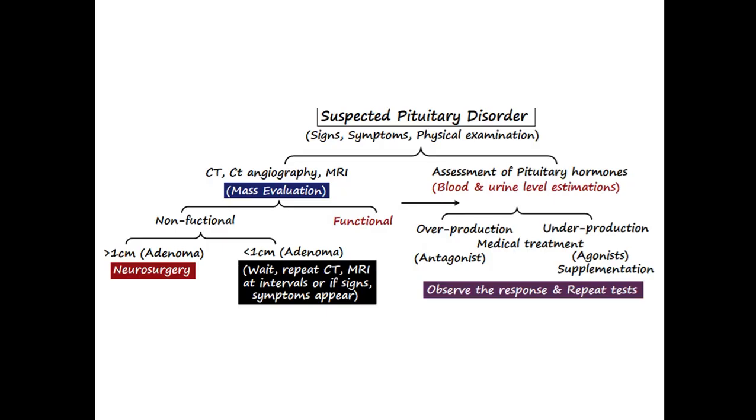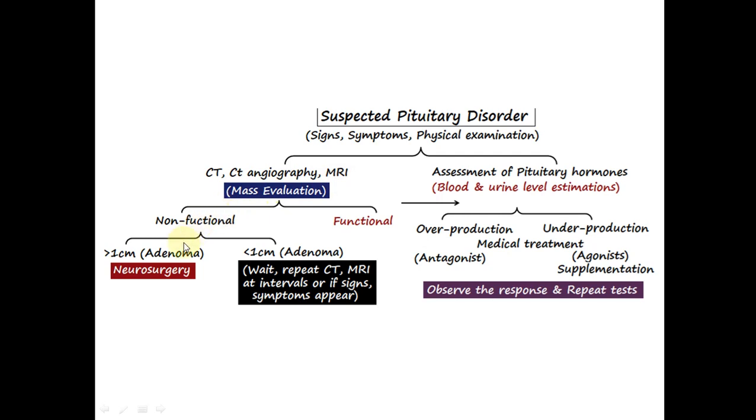neurosurgical procedures. Now coming to diagnosis. First of all, if we suspect a pituitary disorder, we will concentrate on the signs, symptoms, and physical examination. Then we will investigate the presence of a mass and the functionality of the adenoma, whether it is functional, secreting hormones, or non-functional. So for evaluation of the mass, we will do computed tomography, CT angiography, magnetic resonance imaging, and here we will